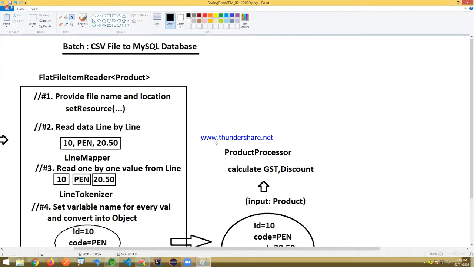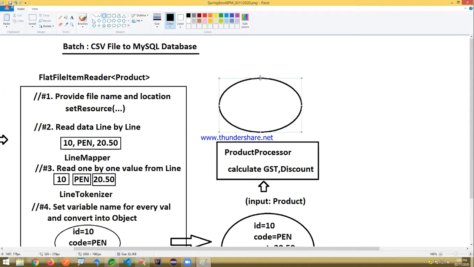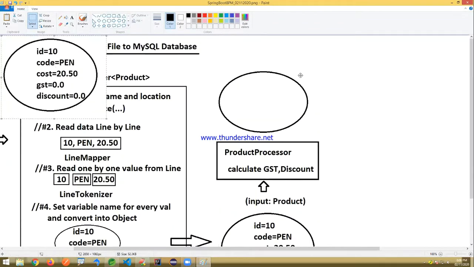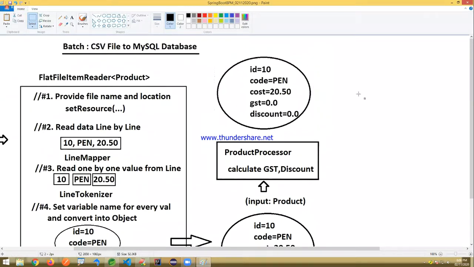The product processor will calculate the discount and GST, and then it will return the object with the same data, but this time with calculated data. This output you are going to see here.